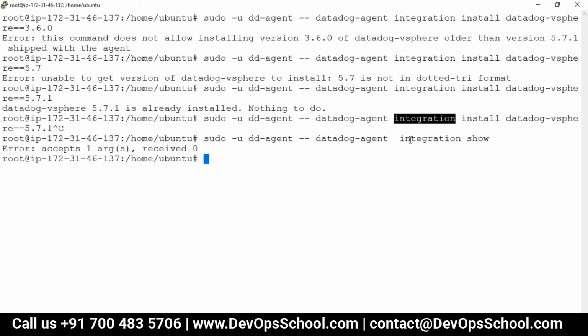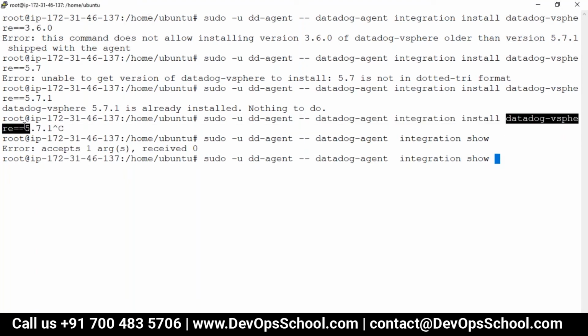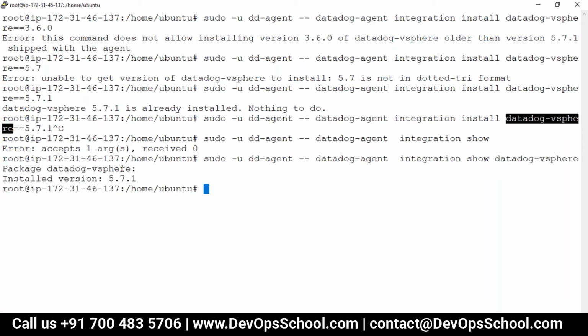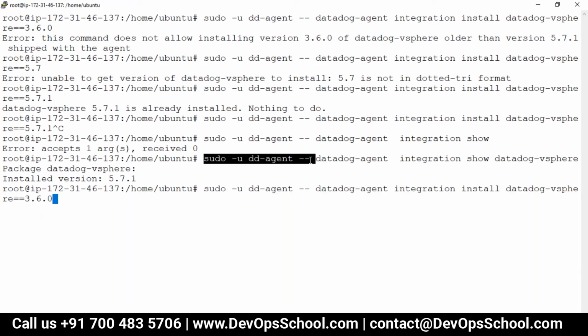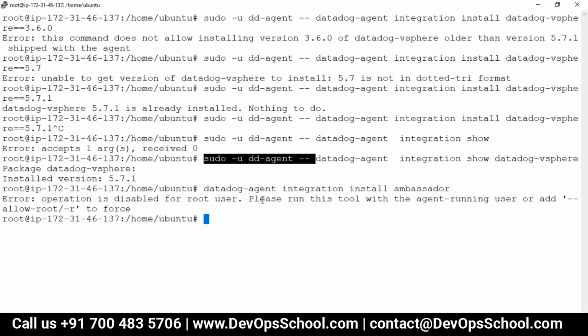So we have to add this command initially. We have to do two things. If you read this message, you can install any integrations using the user which is running the agent.